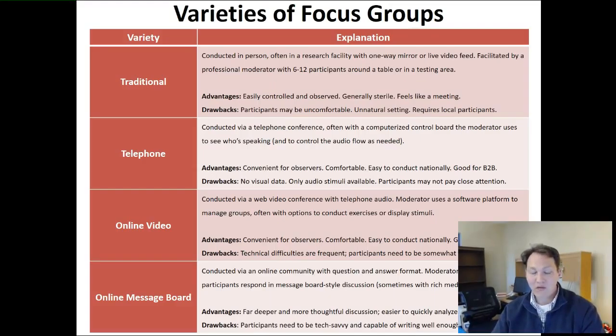Well, another variation of online focus groups that has arisen has been online message boards. They're not like a focus group in appearance, but they generate a similar kind of data. Basically, you create an online community, and you could use a social media platform like Facebook, or something more conventional like a blog or a message board format. The moderator will go in every day and ask two or three questions. The participants are incented to respond to every one of those questions with a certain minimum threshold of words. They're also sometimes required to respond to each other.